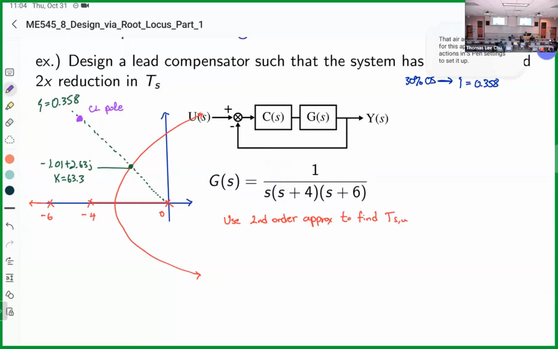How did you find that gain of 63.3? That's just from MATLAB. I'm cheating. I just click on the point in MATLAB and find 63.3. And yeah, you know what? If we go back to